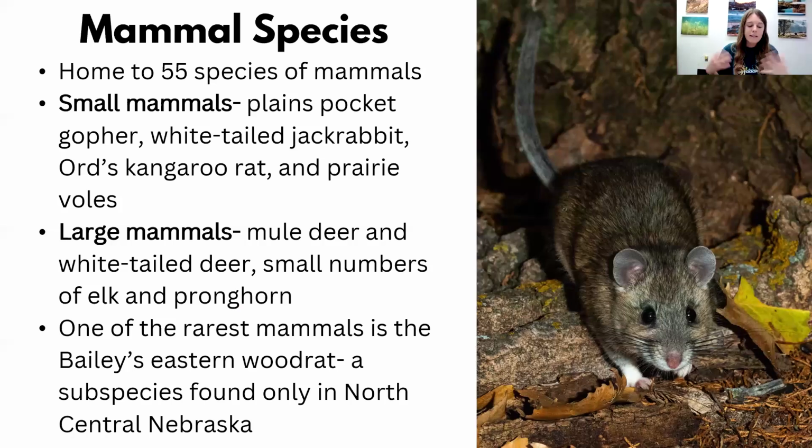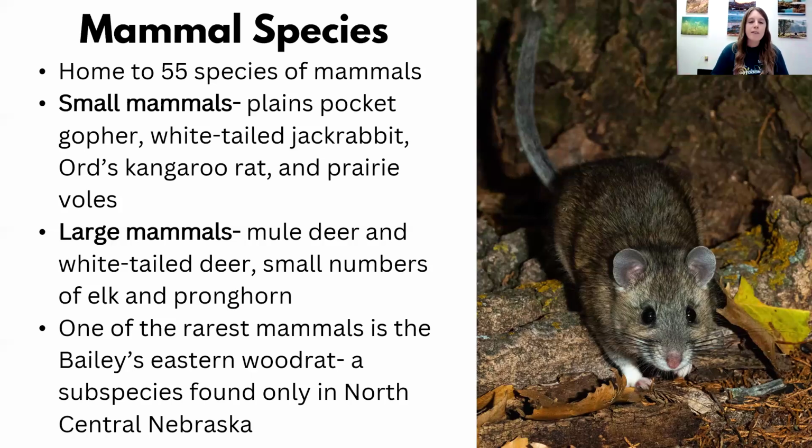All right, and then there's a lot of mammal species too. So one thing to remember about mammals is that mammals are very widespread, especially in the Sandhills, and there's no direct correlation or affiliation with a lot of these species. So basically, if you see one in the Sandhills, coyotes, for instance, are very common in the Sandhills, but they're also very common in Lincoln, Nebraska. It's not like the birds, where this is the place to go to see them. You can see mammals in the Sandhills, but you can also see them other places.